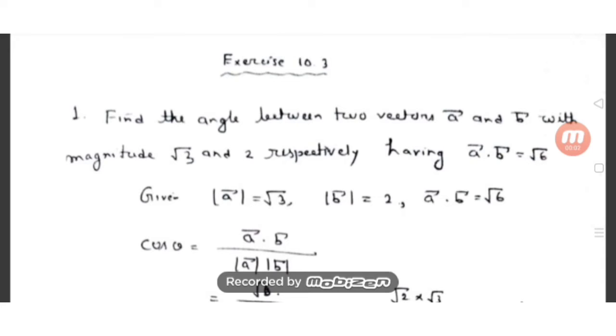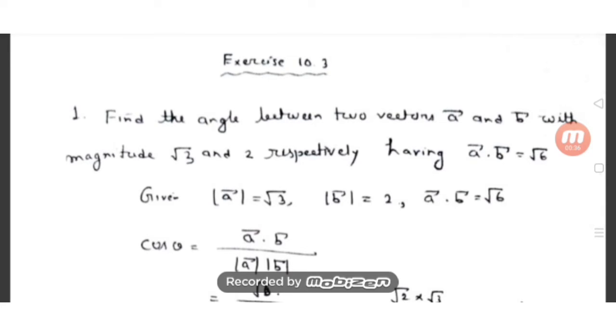Hello student. In the last classes we have already discussed the product of vectors. That means we have discussed the dot product, and also we have seen their properties. Now you see, the properties are generally used in questions. To solve the questions, we have to remember the properties, and also the dot product. Then using those properties and the definition, we'll do exercise 10.3 today.